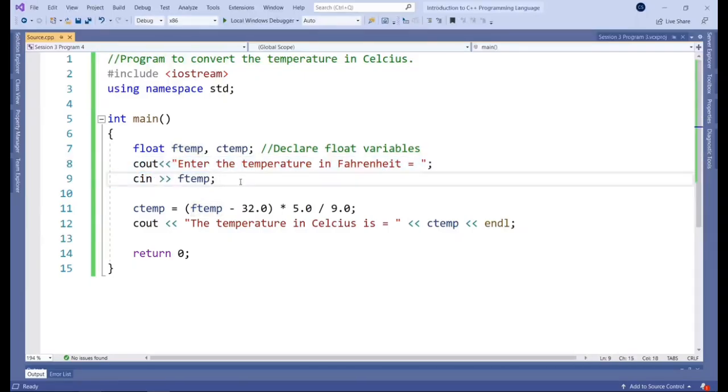Then we have to convert it to Celsius, right? Now, a quick Google search will get you the formula, and then all you need to do is plug in the variables, which in this case would be ftemp. So we're subtracting 32, as shown by the parentheses, and then we're multiplying times 5 divided by 9, okay? So let's go ahead and see. The next line would just be about printing out the result.